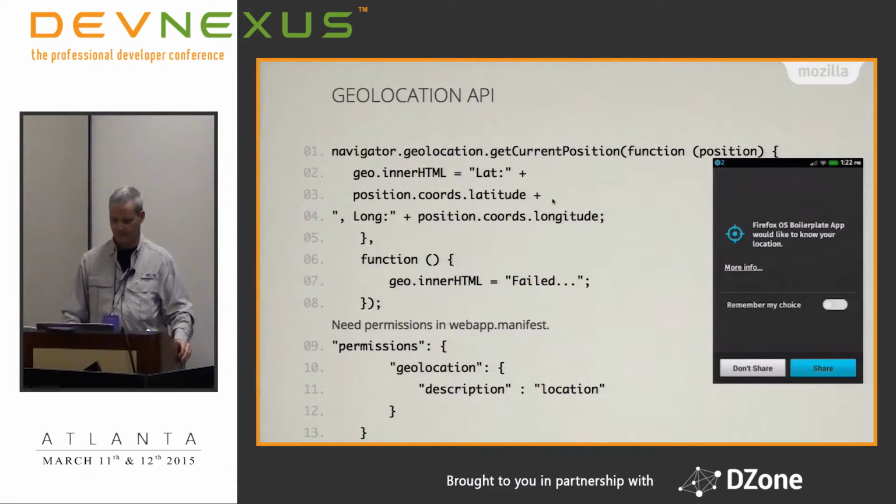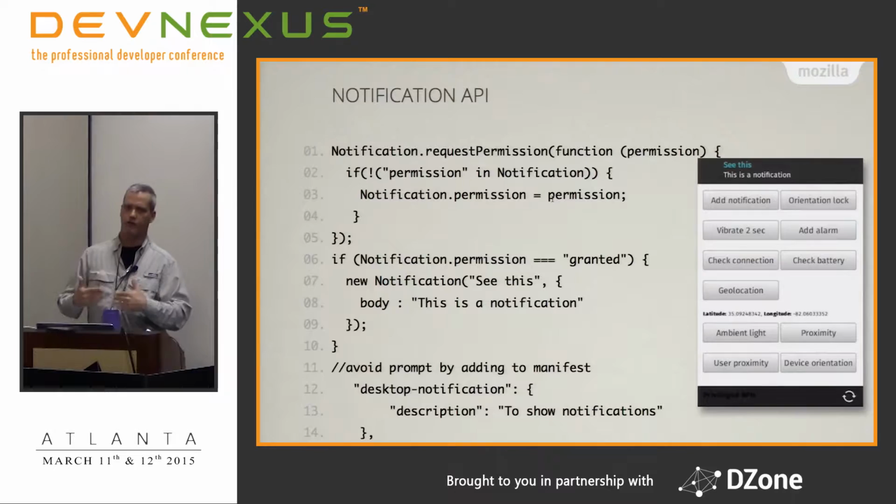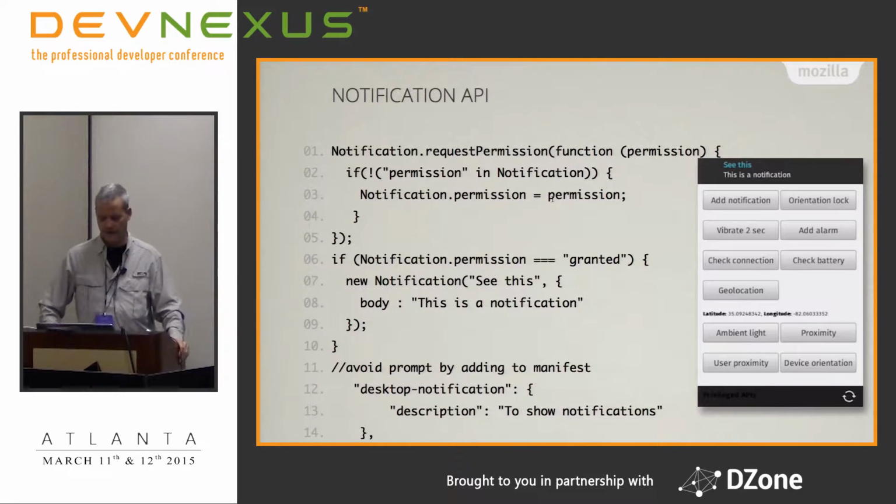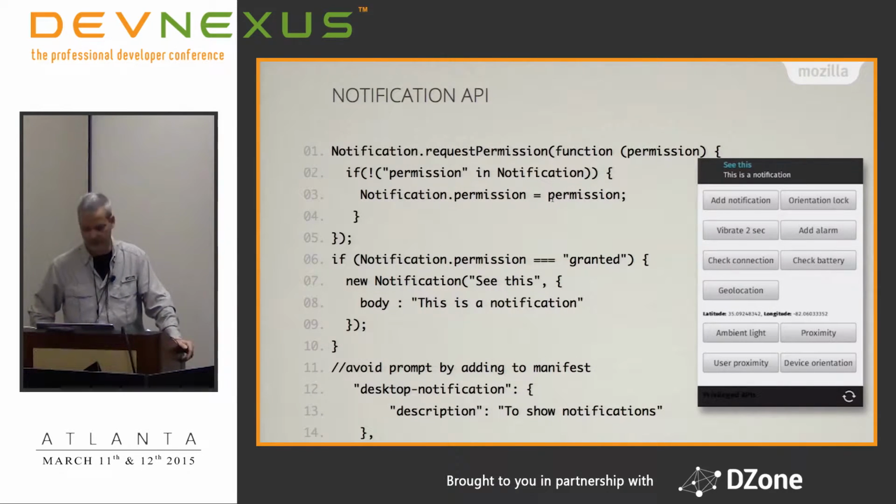I'm going to try to go through these in a quick fashion because I want to get to the actual demos. All right, and then we have the notification API, which is basically this little